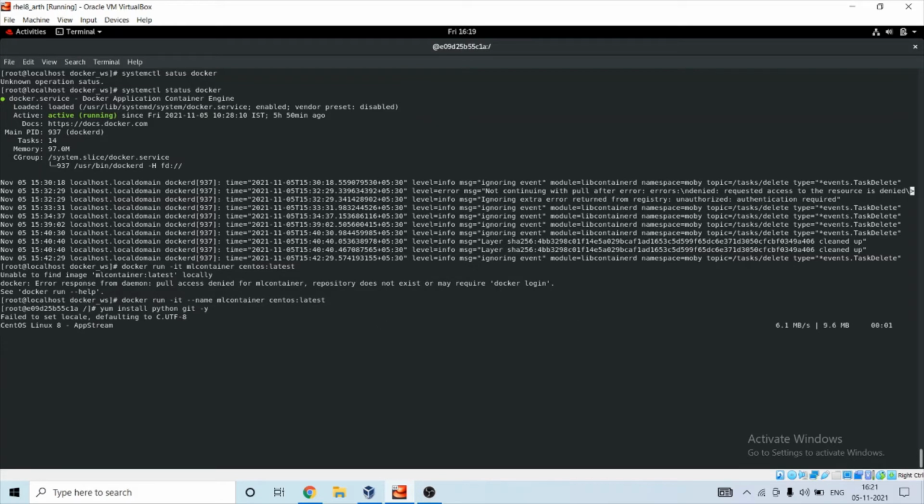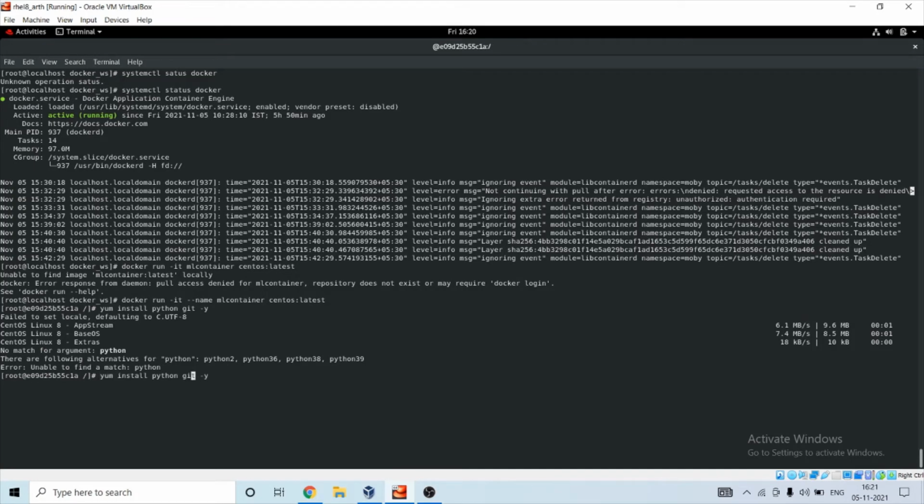So it is installing Python and Git inside my container. It might take some time depending upon the internet speed.